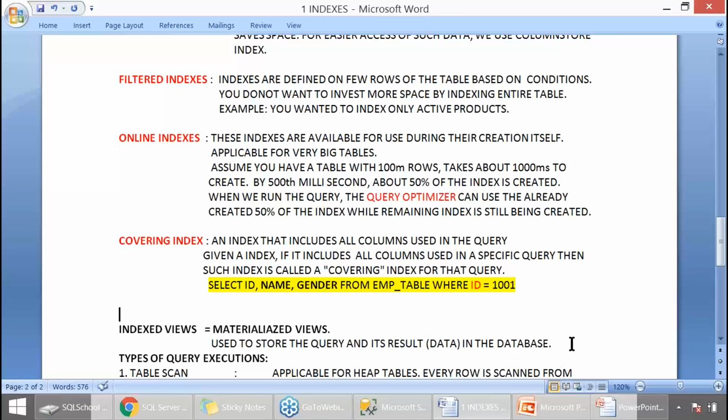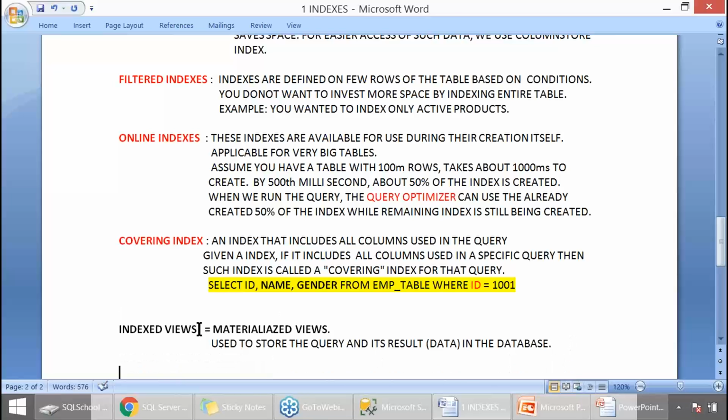Finally, we go for something called indexed views, also called materialized views, to store the query and its result in the database.